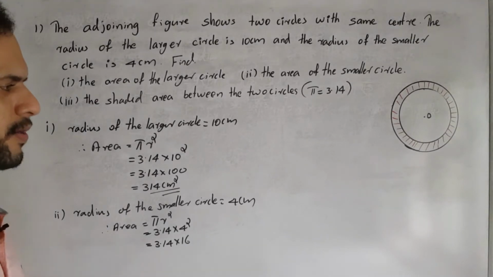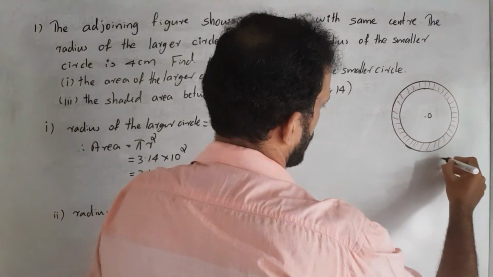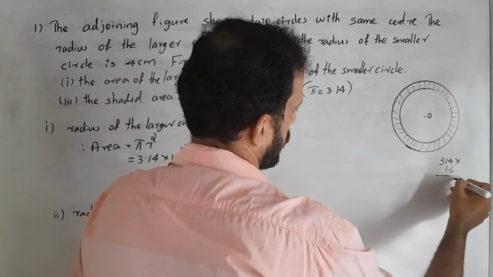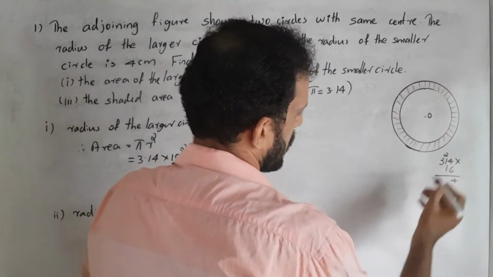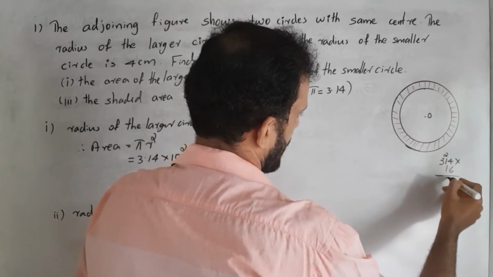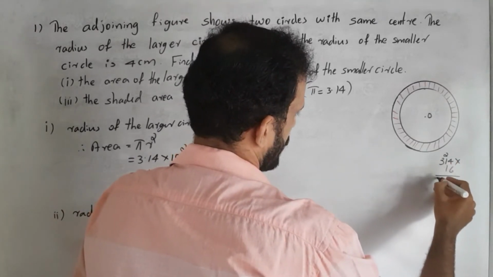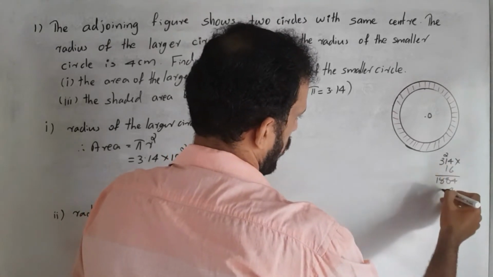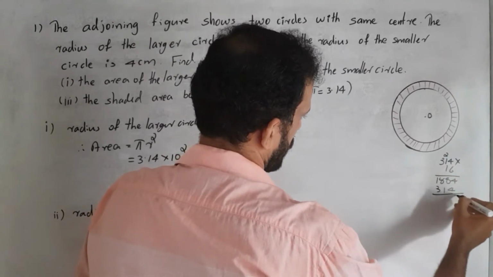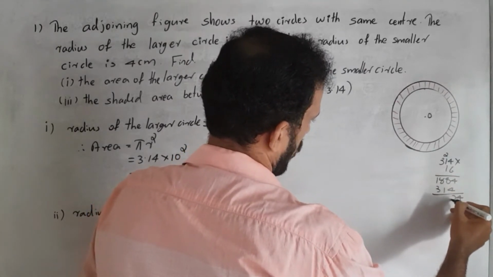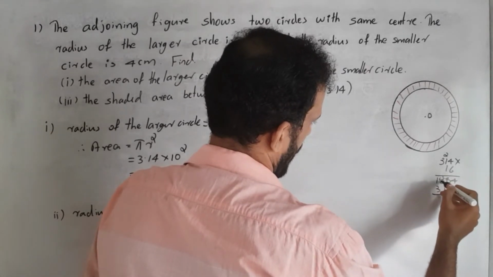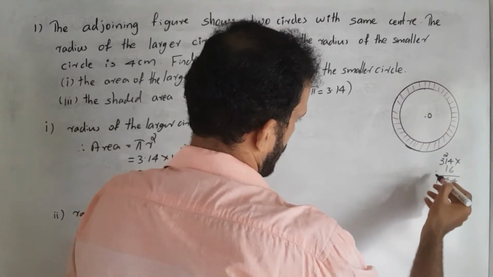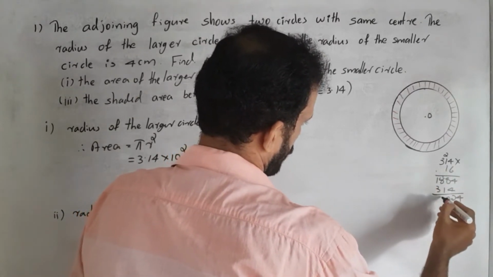How to multiply? First we multiply 314 into 16, correct? Then 6 into 4 is 24, 4 then 2 is balance. Then 1 into 6, 6 plus 2 is 8. Then 6 into 3 is 18, correct? Then 1 into 4, 4, 1 into 1, 1 into 3, 3. Then 4, 8 plus 4 is 12, then 1 balance, then 9 plus 1 is 10. Then 1 is again balanced, then 1 plus 1, 2, 2 plus 3 is 5.